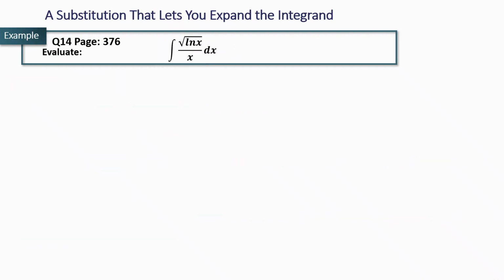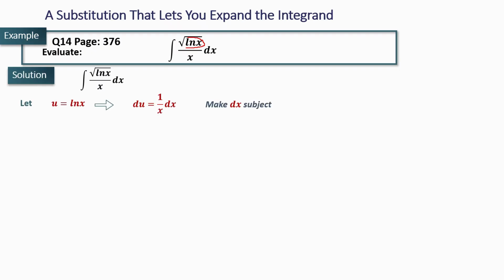Now let's proceed with this question. Look here, under the square root you can see ln x. So let us take our u as ln x. So what is du? 1 over x dx. Here again, instead of dx by x, you can directly substitute du. So you get the integral